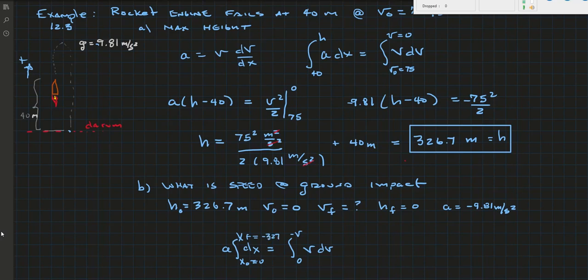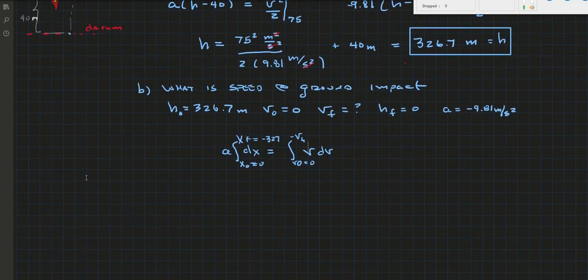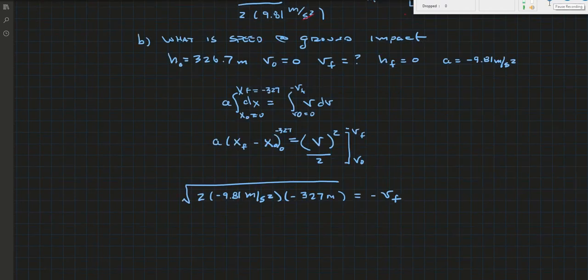We start at 0 for v0 here. Let's call this v0 equals 0, and v final equals minus v final. So we end up with this equation, and then putting the values in, our initial conditions,